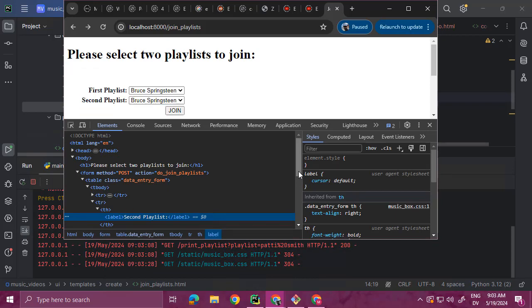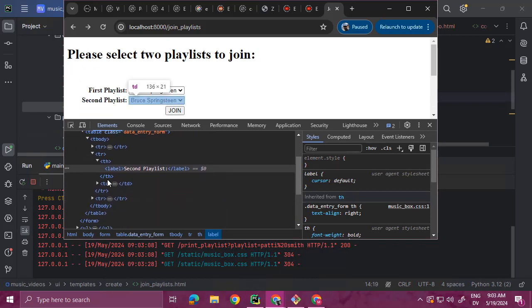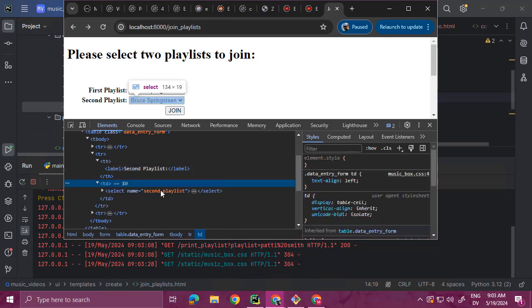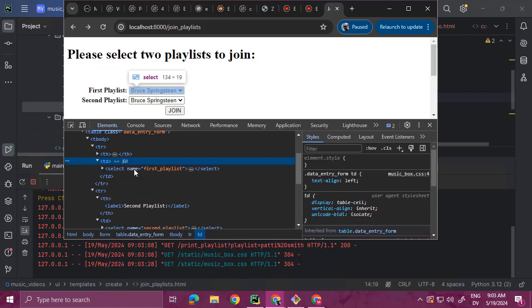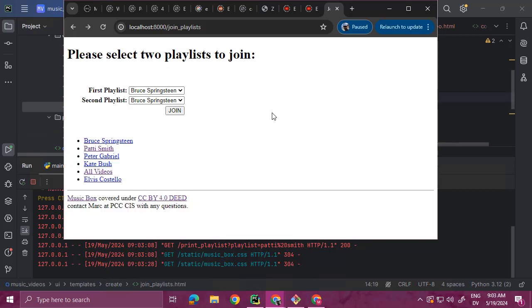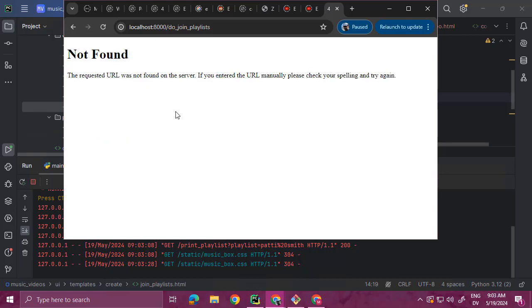Anyway, what I want to see is I want to make sure that this is second playlist. Good, so that worked. And then this one should be first playlist. Yeah, so this one's first playlist. So if I want to join Bruce Springsteen to Patti Smith, and I click the join button,